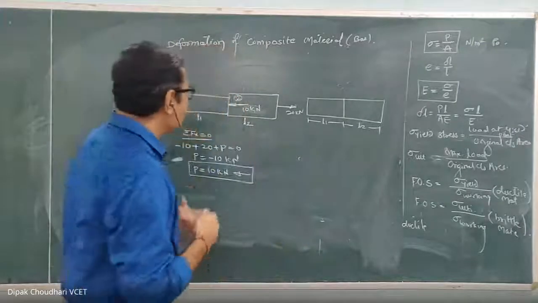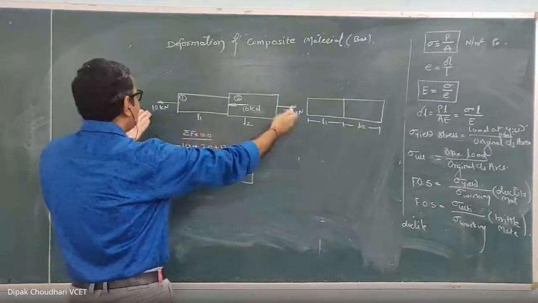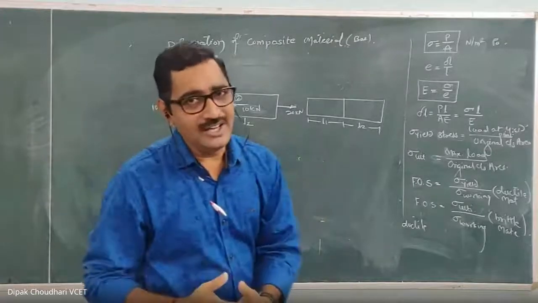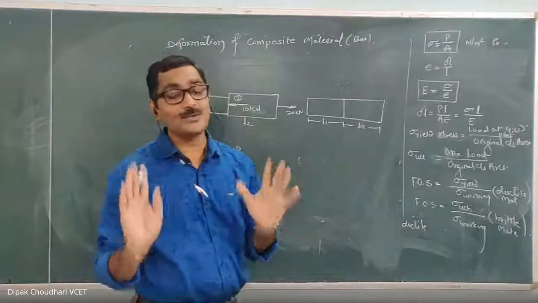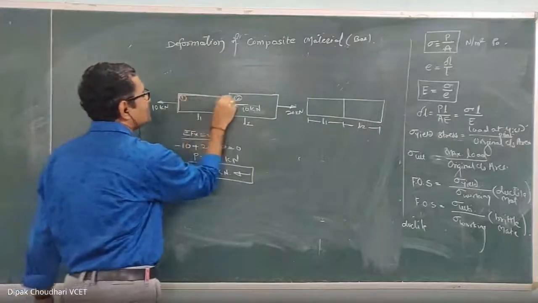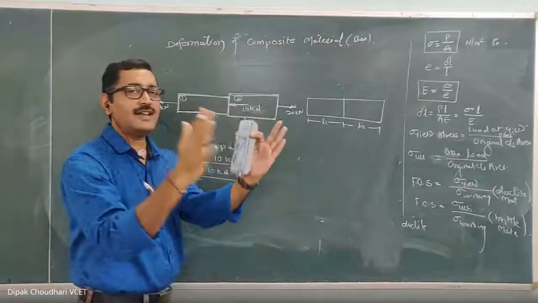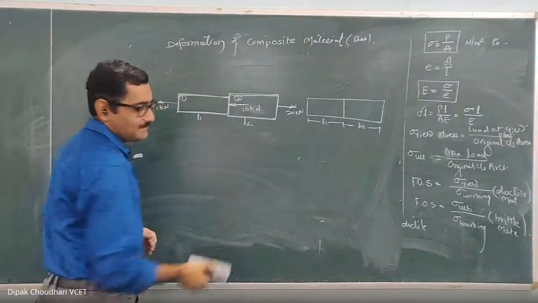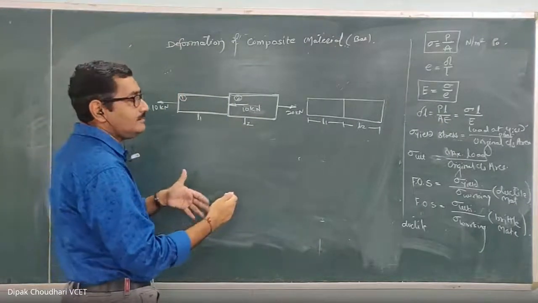Because of the axial force. Okay, and here we cannot calculate the deformation of this entire rod by taking only 10 or 20 kilonewton. In such cases, when the external or intermediate forces are acting, when there is a composite rod, we have to use the principle of superposition. Principle of superposition means we are going to calculate the deformation of rod 1 separately and deformation of rod 2 separately, and we'll add that. This is the superposition. Okay, so we are going to use the superposition here.